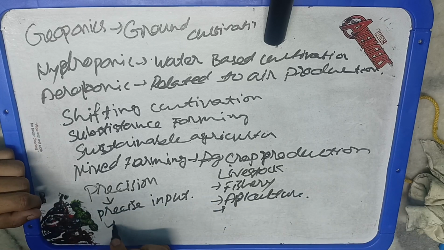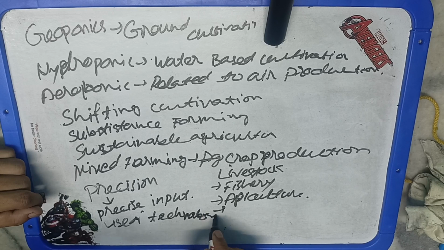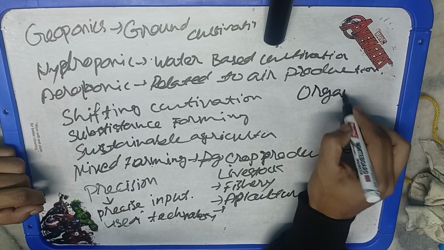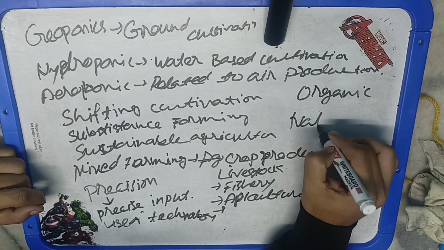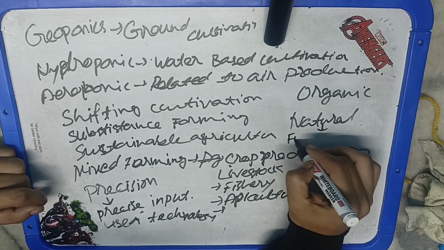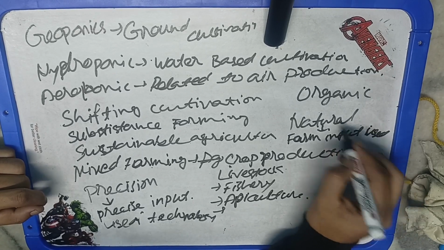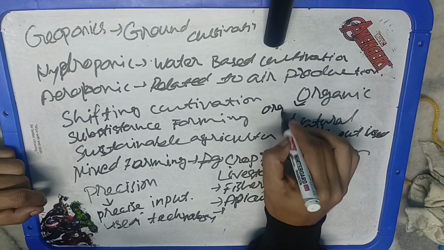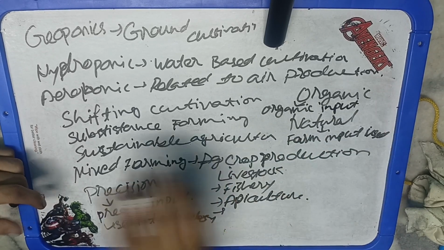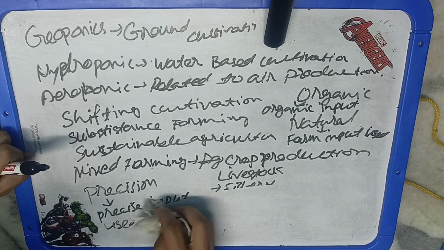Then there is organic farming. Organic farming is basically the agriculture practice in which the emphasis is on the use of natural inputs. Basically in organic farming, we are not using any chemicals. We have to do agriculture without any chemicals. On the same lines, natural farming is there, but natural farming is a little bit different from organic farming. In organic farming, we are only using organic manures and organic things. We can use organic inputs which we can purchase from the shop also. But in natural farming, we will not use any chemicals, and moreover, we will make all those inputs on the farm only. There is no purchase from outside. So natural farming is without using any fertilizer, pesticide, or any external material.